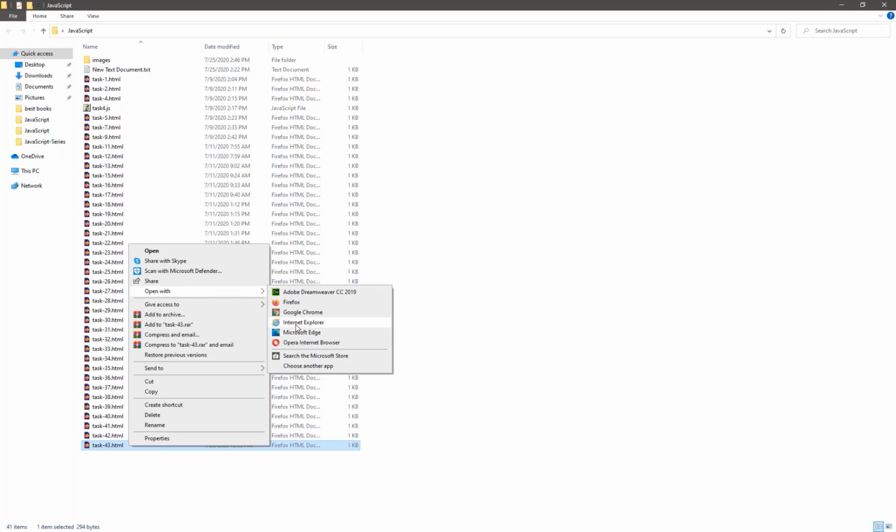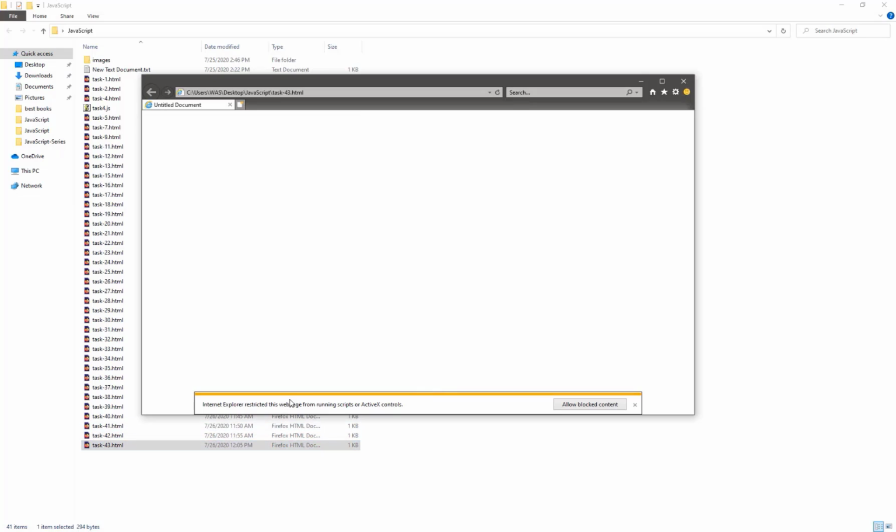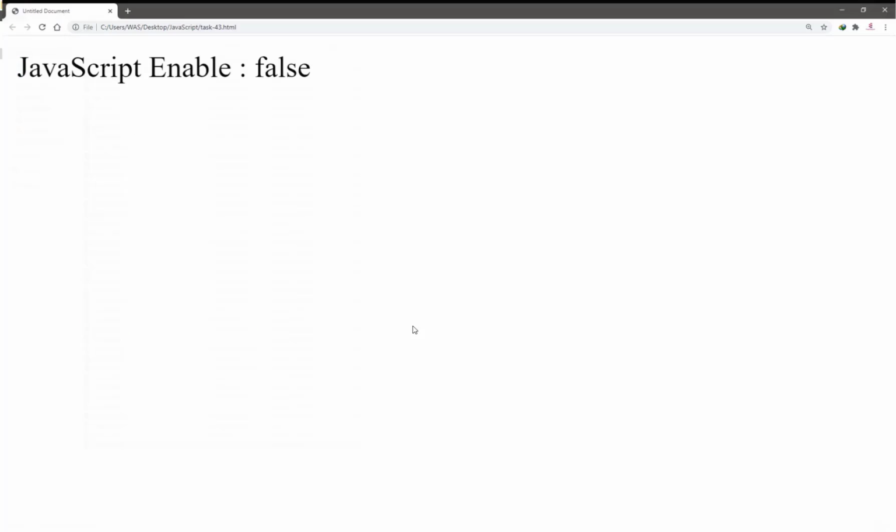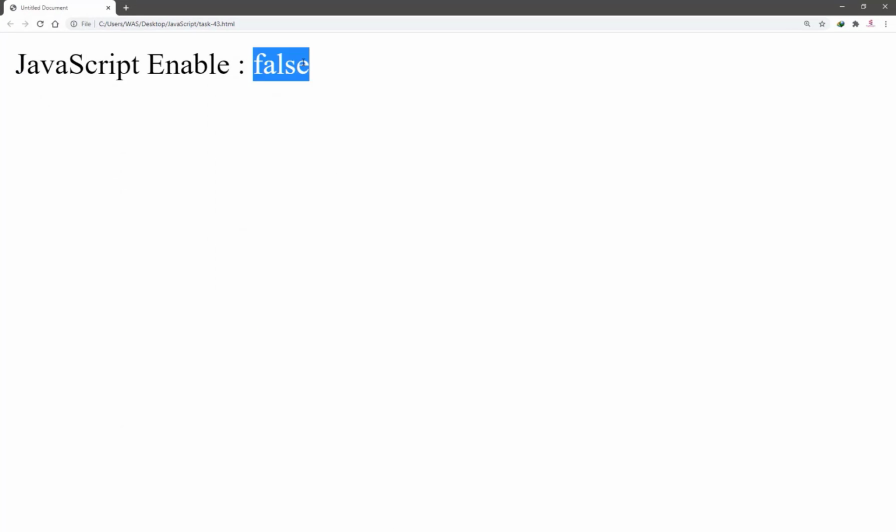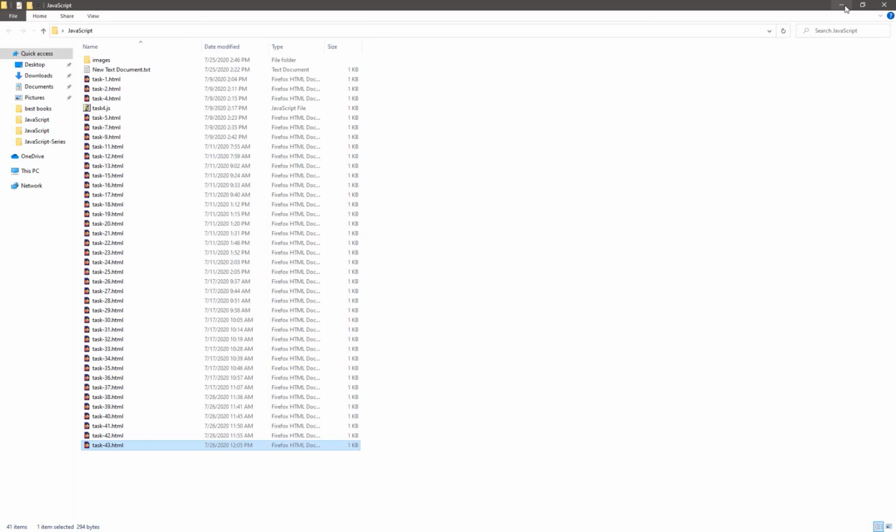Okay, let me check in Internet Explorer. Internet Explorer restriction activates. Okay, so here you can see it's true. So it means Java enabled in this browser is true, and in the other browsers it's false by default.